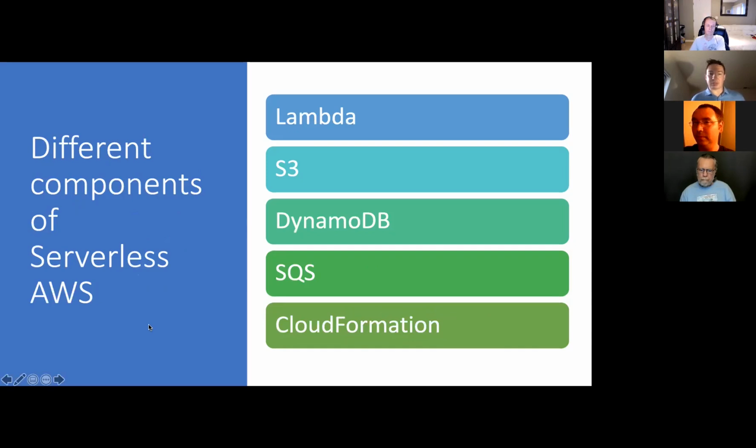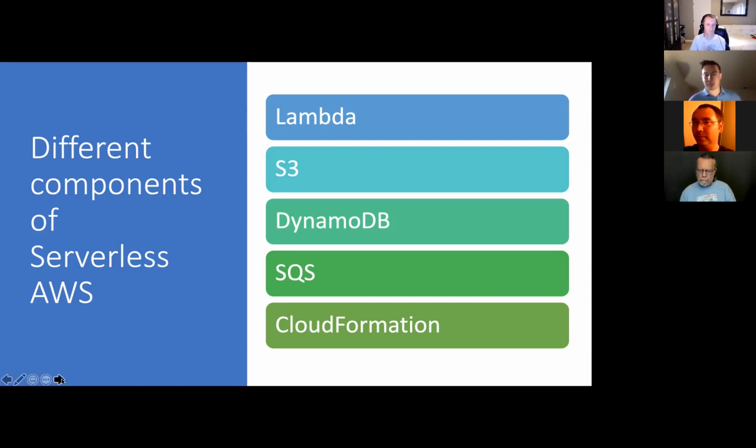There's a lot of different things that integrate with the serverless application framework. So of course there's Lambda, which I discussed earlier. You can also integrate S3, DynamoDB, SQS, and technically you can put any CloudFormation resource into a serverless.yaml file. So if you want to put, I don't know, Kubernetes in there, or EC2, a relational database, you can technically put it in there. I wouldn't recommend it because this is meant for serverless applications, but you can put non-serverless resources in a serverless file. You deploy it the same way.